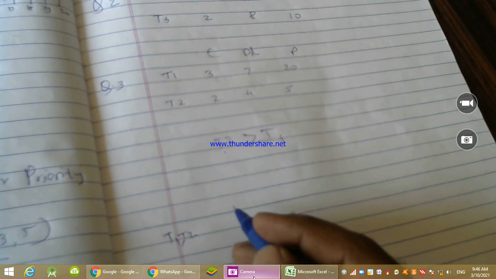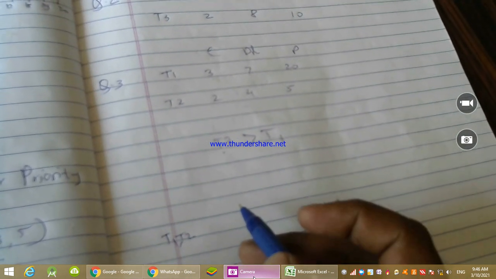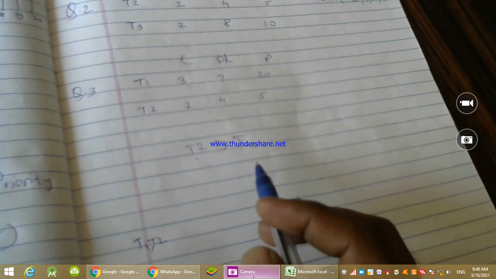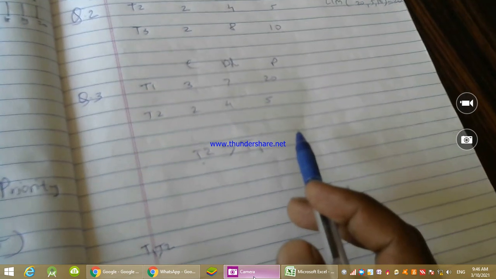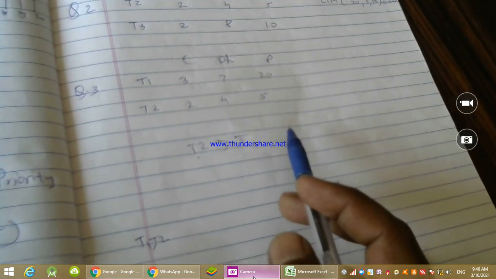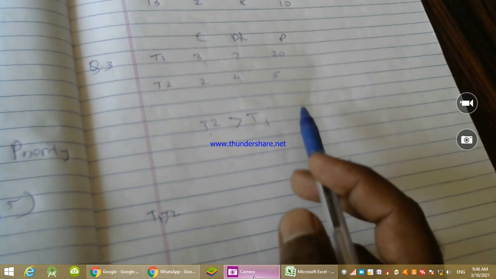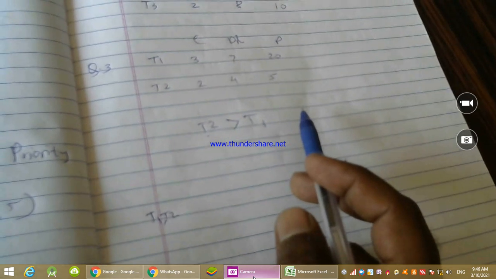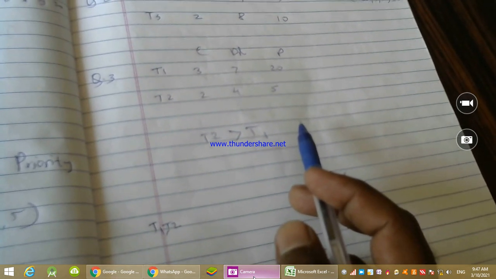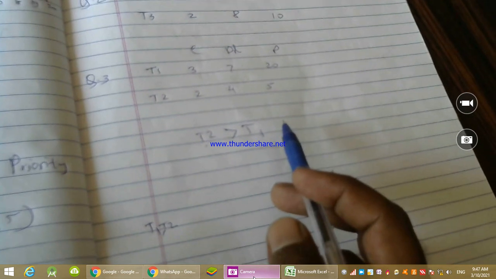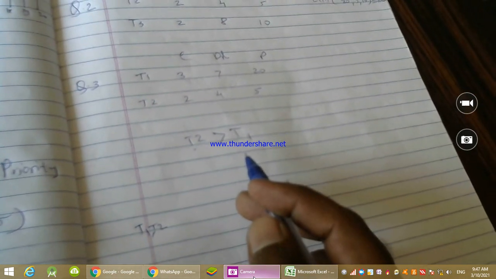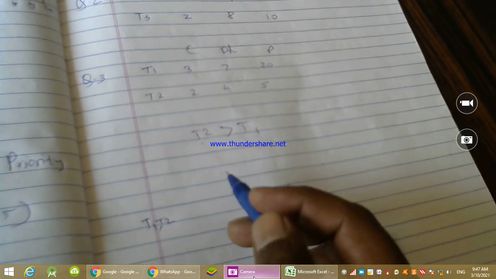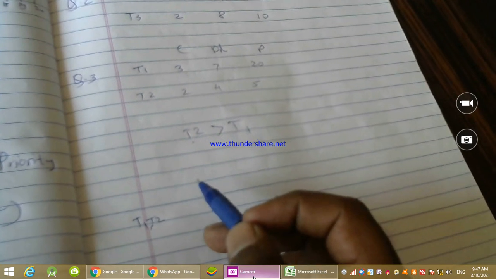Previously, in rate monotonic, we looked at the release time, execution time, and priority, and solved accordingly. In deadline monotonic, we looked at the relative deadline and did not consider the factor of closest deadline, so it remains fixed. But here, while allocating resources to tasks, we are considering the closest deadline.